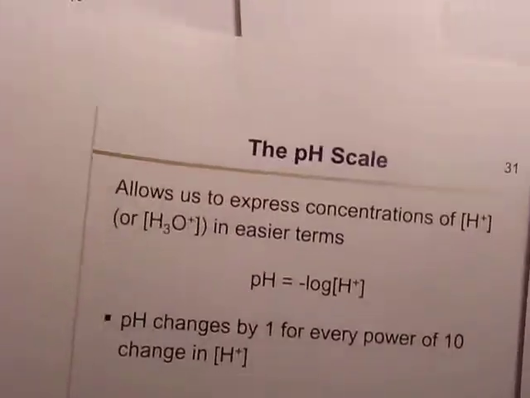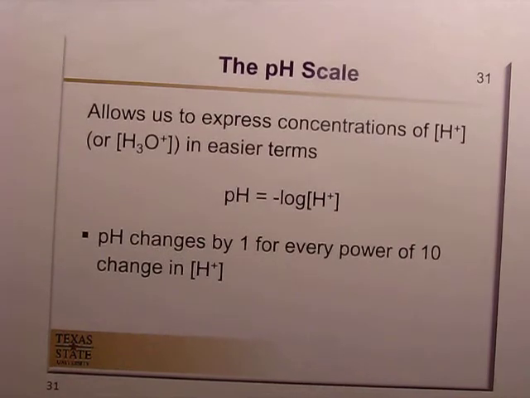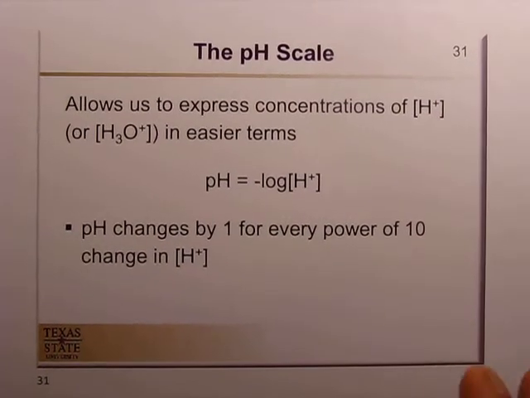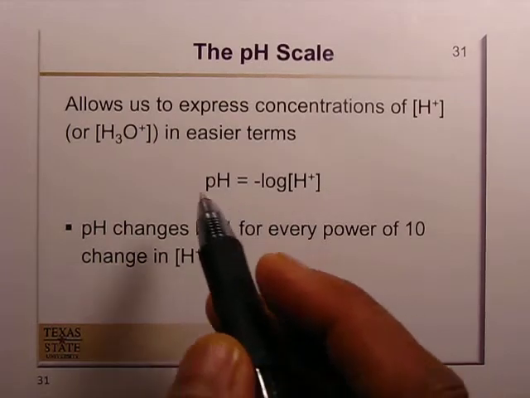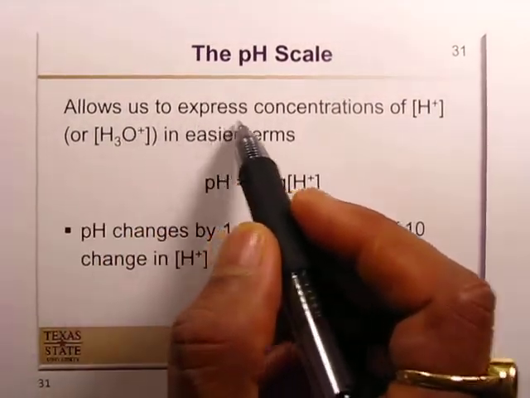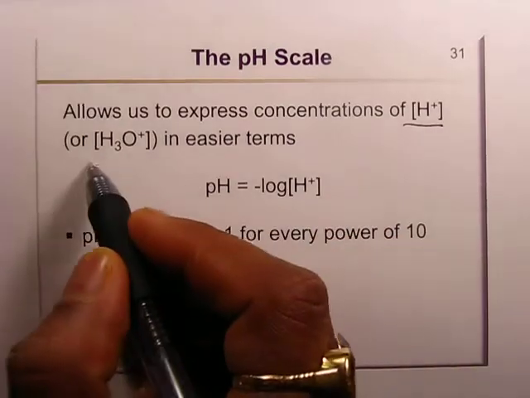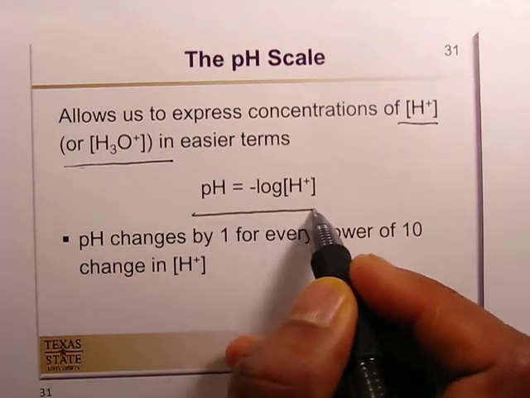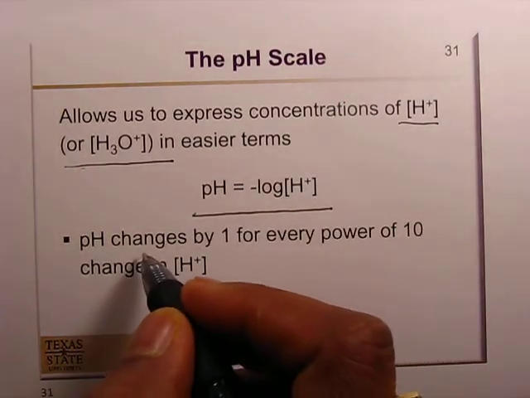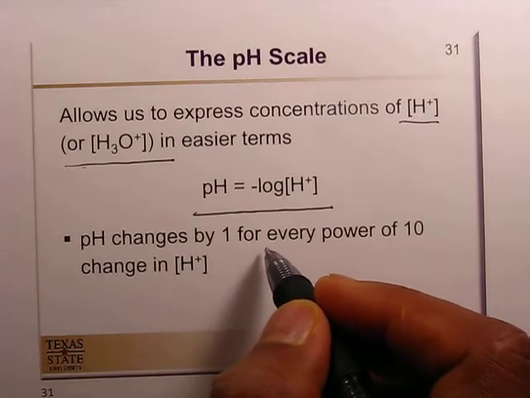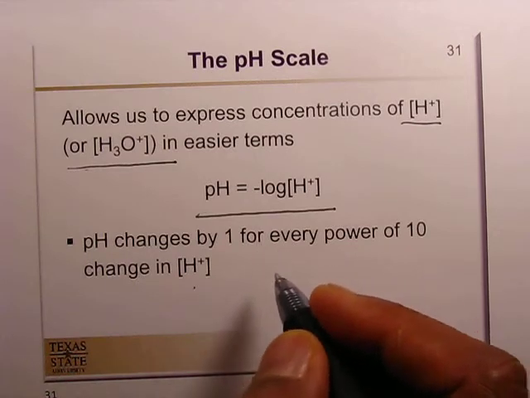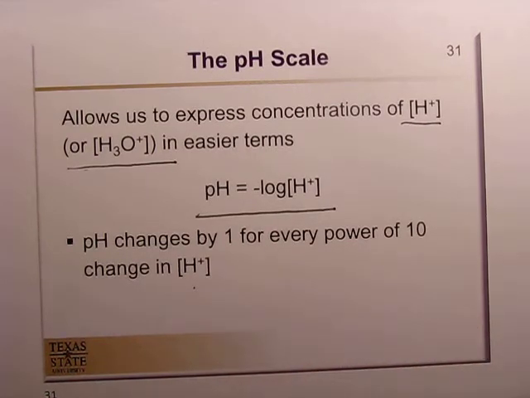And the pH scale is used to find out the strength of an acid, how strong or how weak the acid is. The pH scale allows us to express the concentration of hydrogen ion or hydronium ion in easier terms. So pH is equal to negative log of hydrogen ion concentration. The pH changes by 1 for every power of 10 change in hydrogen ion concentration. What does that mean? We have seen in the previous slide that